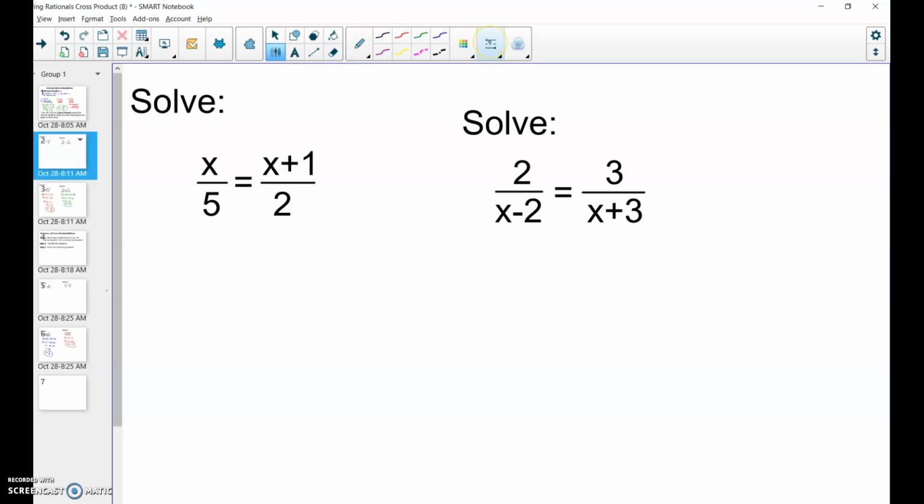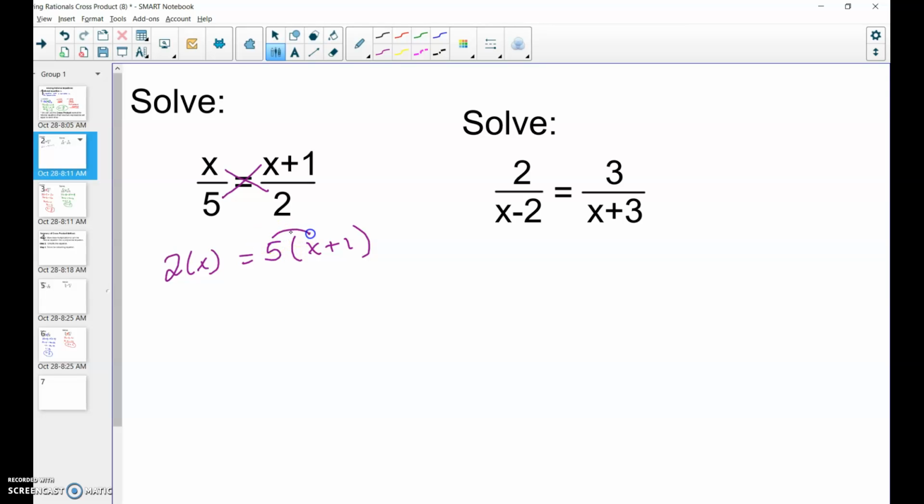So the first one here is x over 5 equals x plus 1 over 2. We only have one fraction on either side. I don't have x in the denominator, so x can be whatever value I want. Now I'm going to cross multiply. My first one is 2 times x, and then my second one is 5 times x plus 1. Make sure when you're multiplying them that you put any of the x plus 1 or x minus 1 in a parenthesis